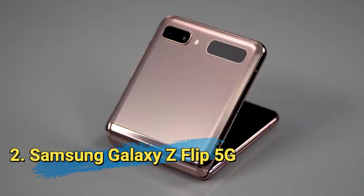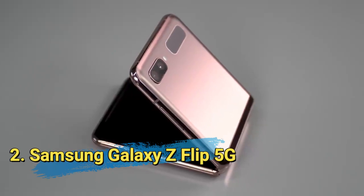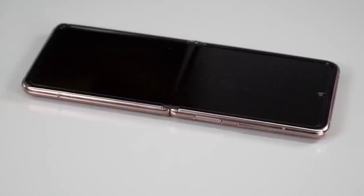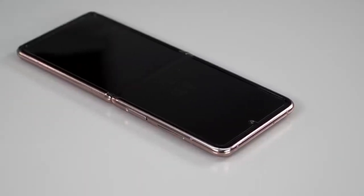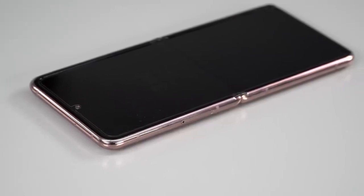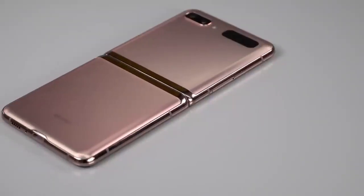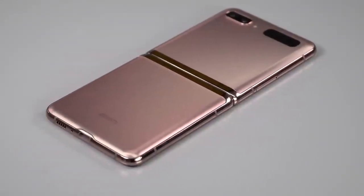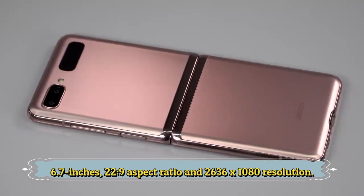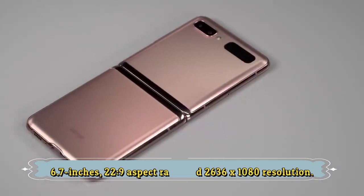Number 2. Samsung Galaxy Z Flip 5G. Riding high on the Galaxy Fold 2's popularity, Samsung launched the 5G variant of its vertical foldable phone with the Galaxy Z Flip. It's a flip and fold clamshell supported by a hideaway hinge mechanism. It has an Infinity Flex AMOLED glass panel that measures 6.7 inches and is of 22:9 aspect ratio and